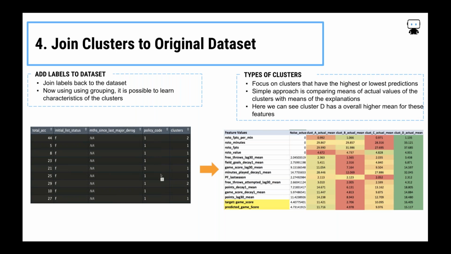So this is really where we get to the fun part, right? We're going to merge our cluster information back into our data of actual values in the original data set. So this is where you can use simple tools like Excel to help you out. We can map back our cluster information to our original rows of data, and using simple techniques like row level highlights, where we calculate the mean values of each feature per cluster, can help tell a story. So if you look on the right hand side, we've converted it so each column is our cluster, and we've taken the average feature values in our data set along our rows, and we can already see patterns jumping out.